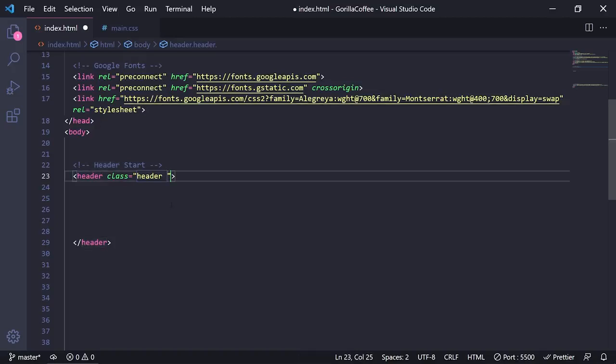And then I want to add a little bit of padding from the left, top, right, and bottom. So I can just use p-3, and this will give my header a padding of 1 rem on each side. So left, top, right, and bottom. Then I want this header to be position absolute, because this is actually going to go on top of my